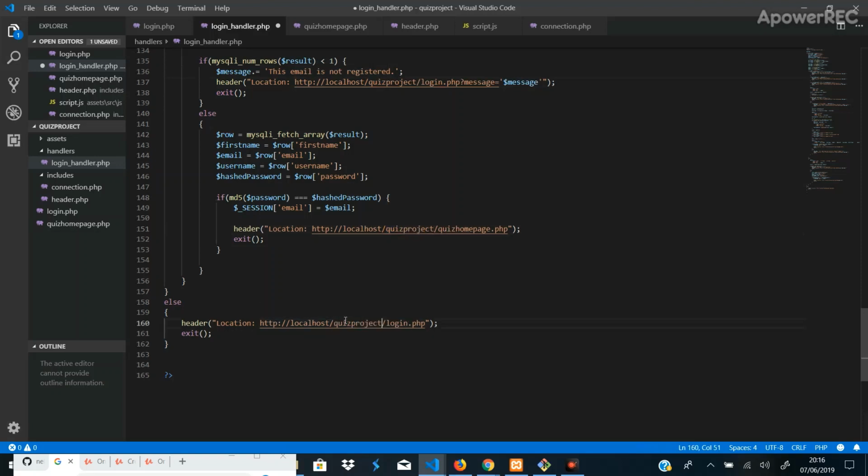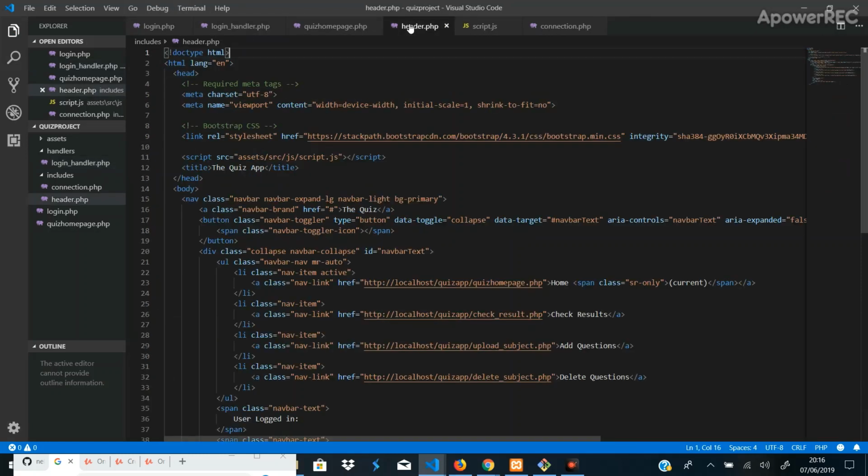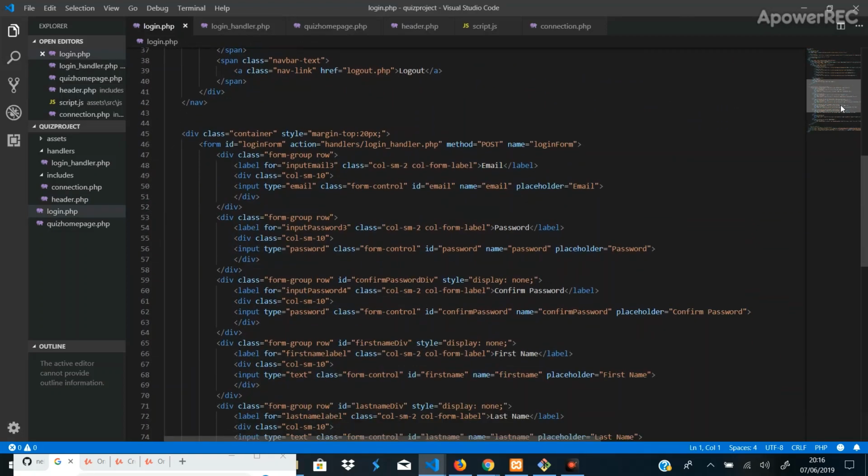And this. Okay, save. And if we go back to the header, yeah, okay, so where was that login page? Let's see the login page first. Okay, if we scroll down,